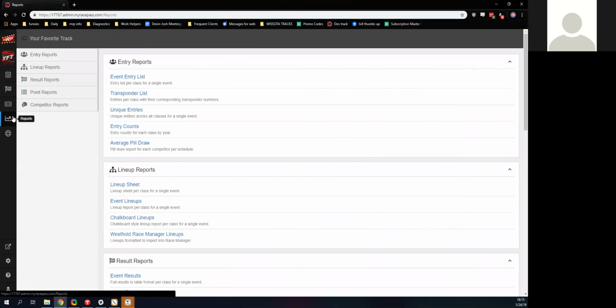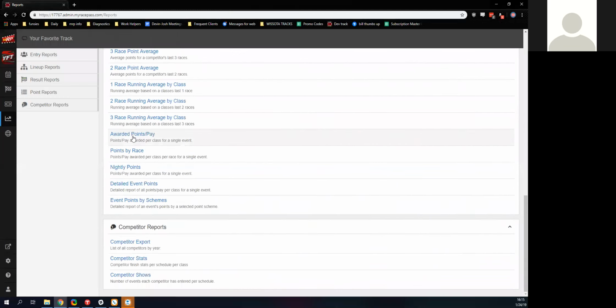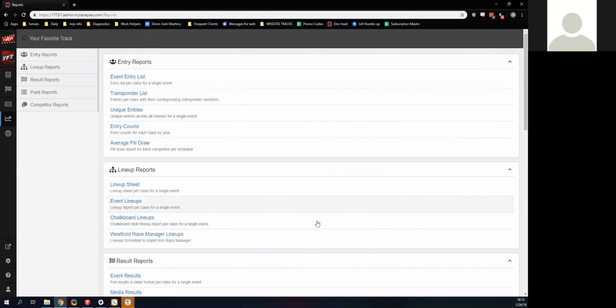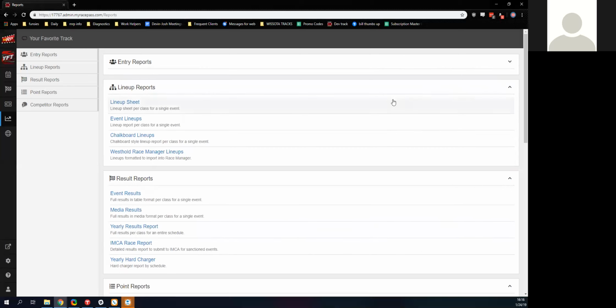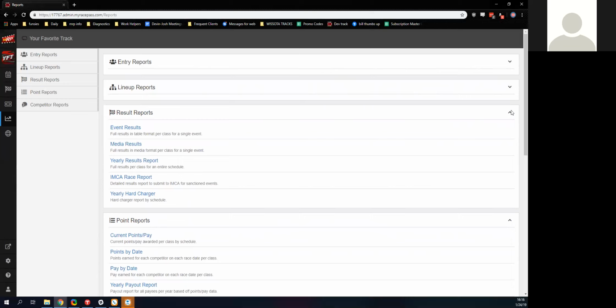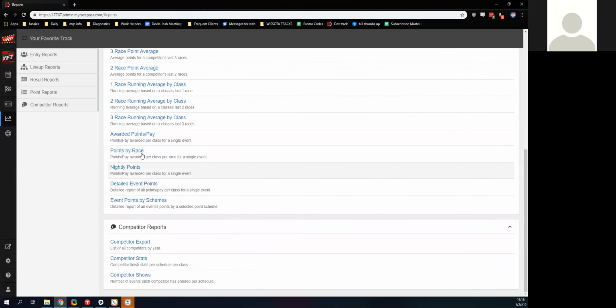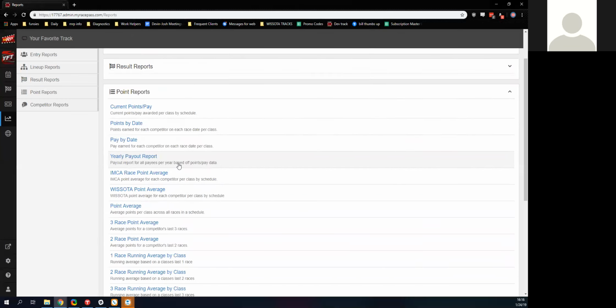So next is reports. We've moved reports to a separate spot so that you can find it much quicker. And we've also broken them out into different groupings than we had before. So you can see that we have entry reports. We're also able to collapse that down. We have different lineup reports, result reports, point reports, quite a few different things here that you need